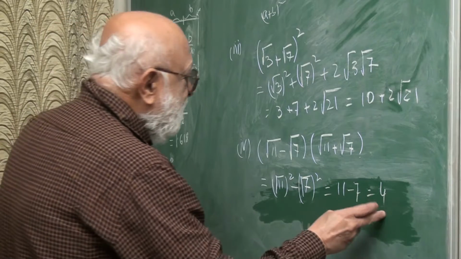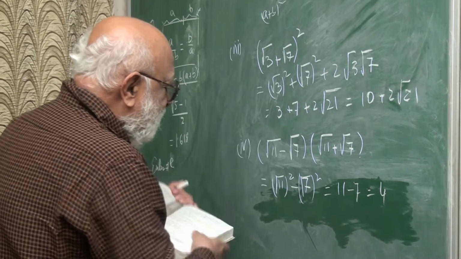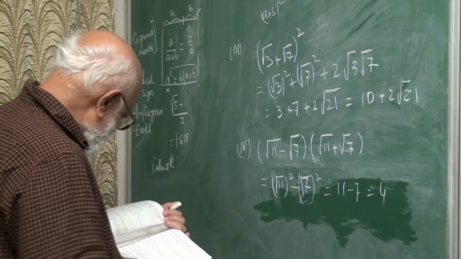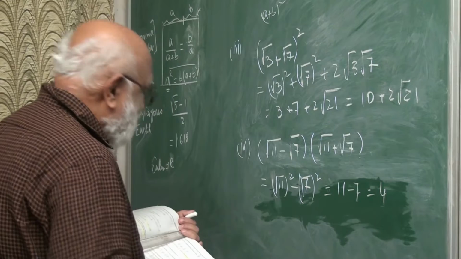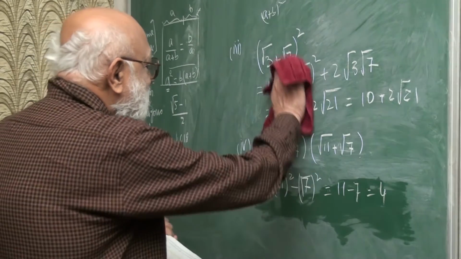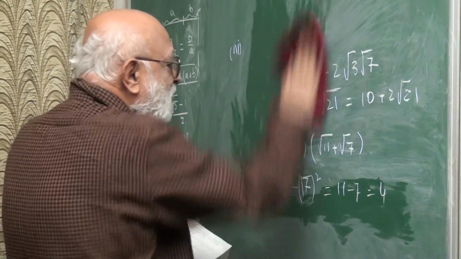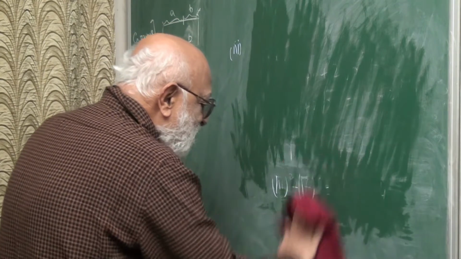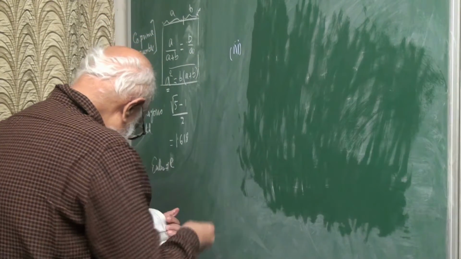So this all came as a rational number. So even though we started with an irrational number, that came into rational numbers. Now, this is a very interesting point, and instead of representing it the way it has been represented in the book, I will represent it in a different way. I will now use this example to explain to you